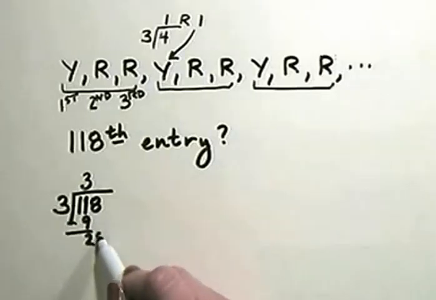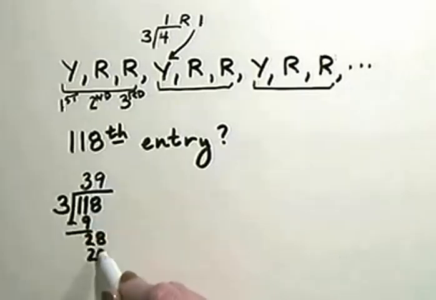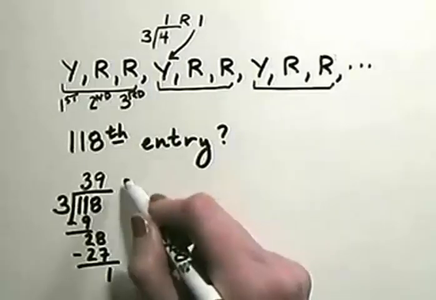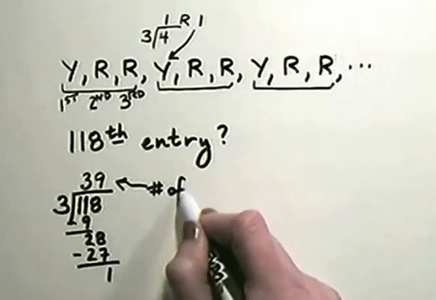Subtracting gives us a 2. Bring down the 8. 3 into 28 goes 9 times. 9 times 3 is 27. Subtracting gives us a remainder of 1. The 39 that's here tells us the number of groups